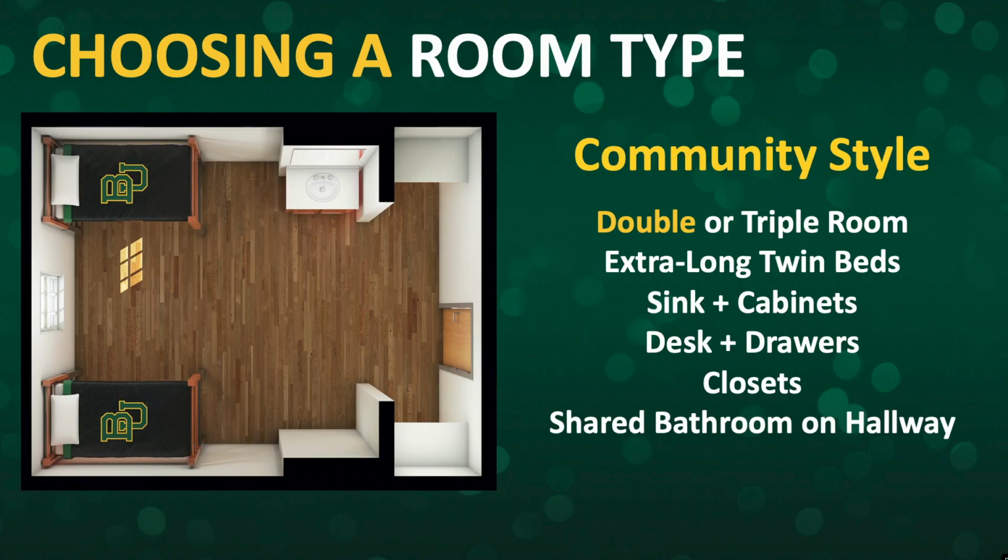All right, so first we have our community style. Like I said, this is the most basic. It's also the most traditional style. If you think of any movie where you've seen a college room displayed or anything like that, this is what you're going to see. So it's just going to be you and potentially a roommate or 2 in here,